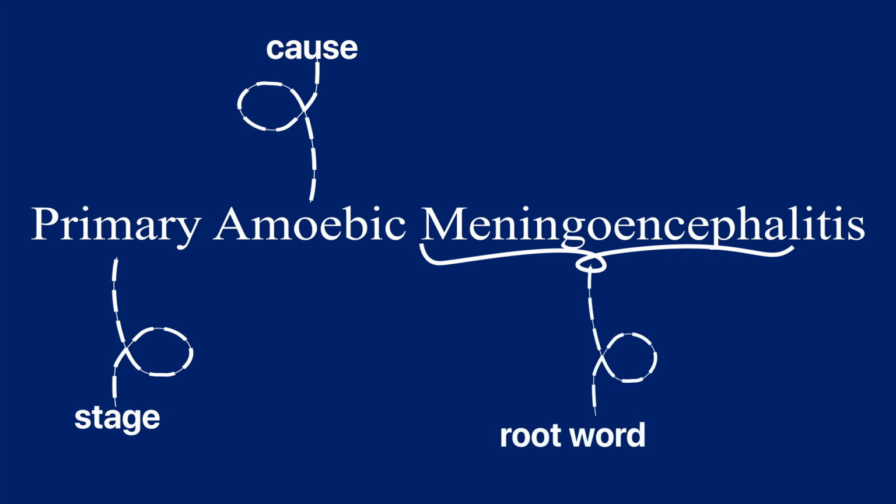And last, itis, indicates suffix, that is inflammation of the said tissue or organ. So like this, if we study the basic terminologies, then only we can get some idea about what the word is telling us and we can precisely tell what is going on only by the words itself. So that was a brief overview of basic medical terminologies and their interpretation in real life.